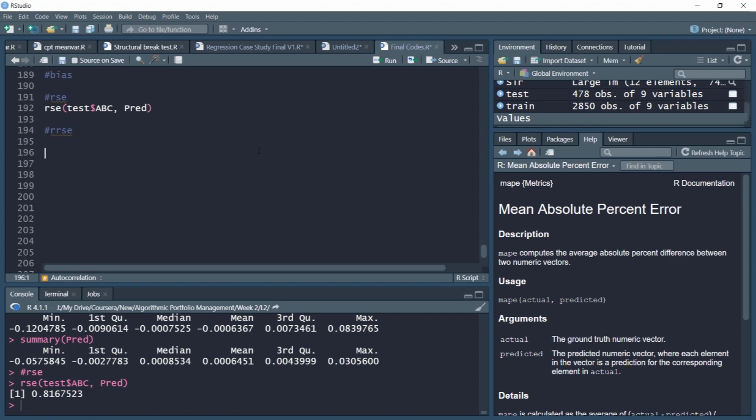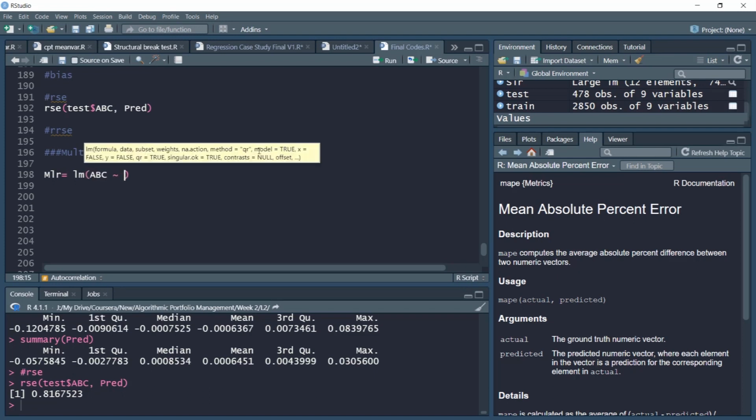In this video, we'll start with the multiple linear regression model. Most of the syntax to implement and execute the model will remain the same. So let's call it MLR, multiple linear regression model. As we did with the simple linear regression model, we'll use the lm object, ABC returns, and let us add Sensex returns, BSE Sensex, sentiment measure.